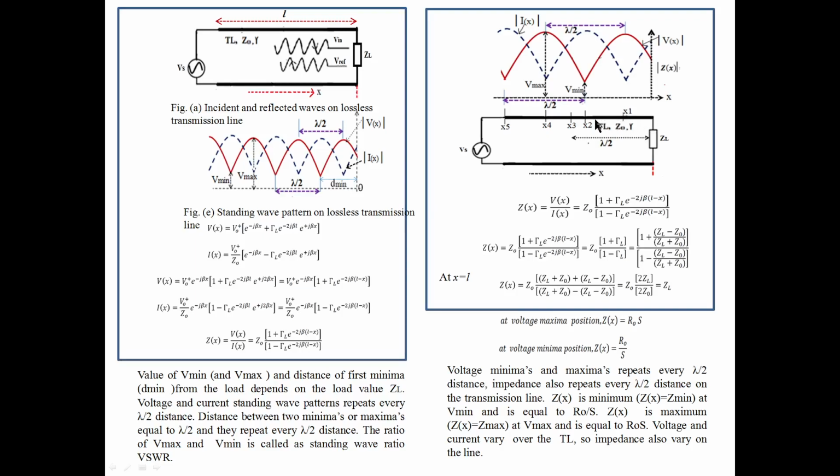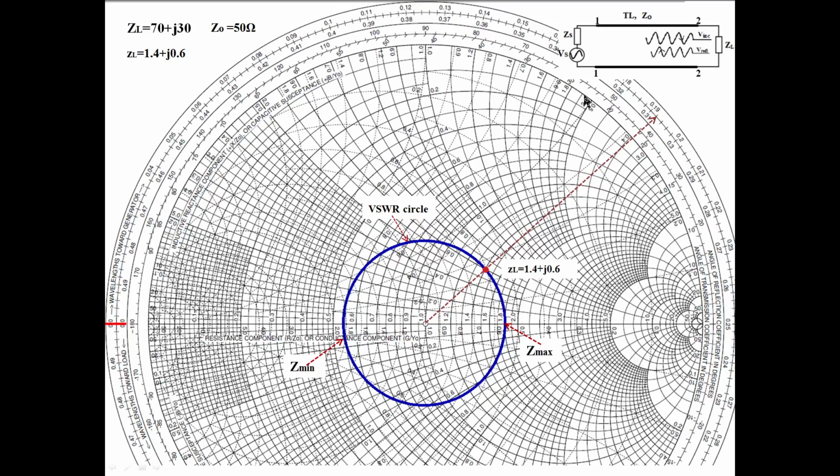What are the possible values of impedance variations as you move like this, starting from the load point up to lambda by 2 distance? As you move up to lambda by 2, what are the possible variations of impedance over the Smith chart? And moving towards the generator, this is the generator, we are moving like this. That we will see now. How impedance changes, we can easily identify from the Smith chart.